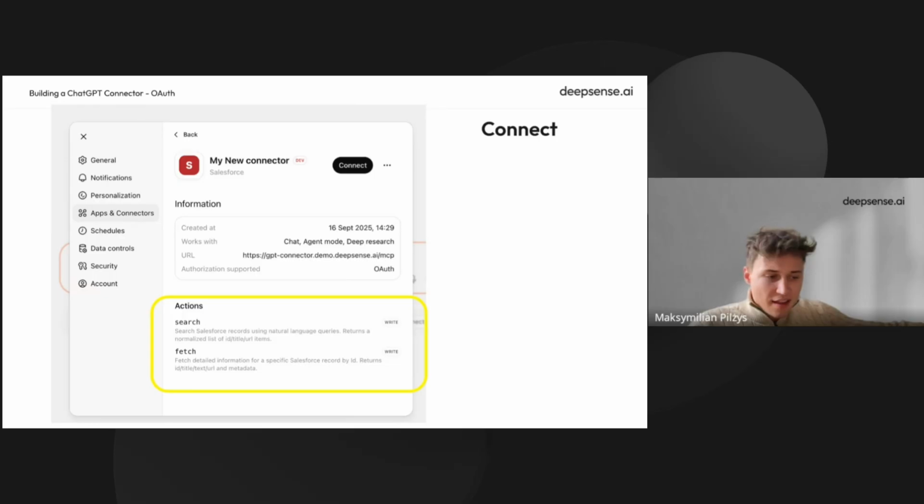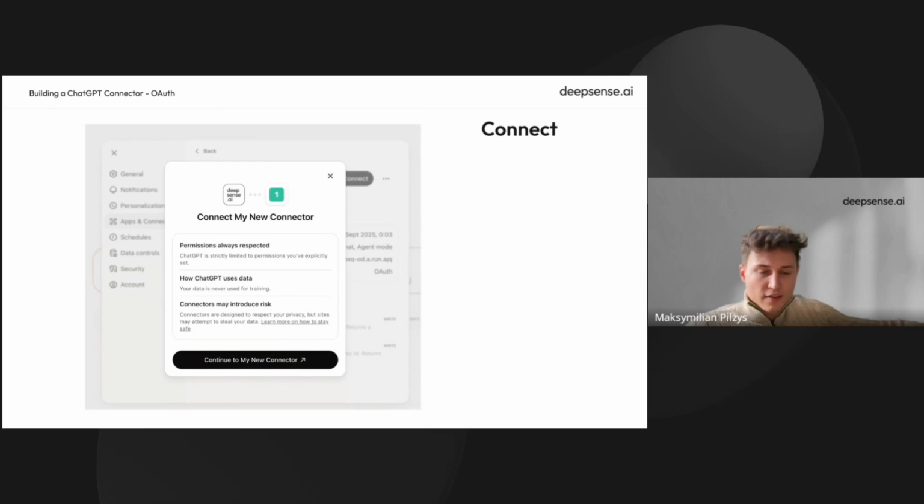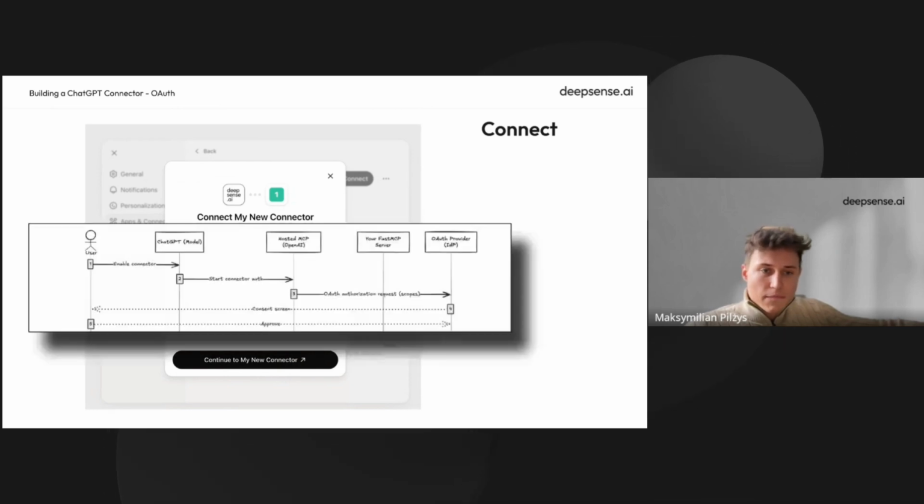So that means we are doing good, and the tools that we implemented have proper annotations and proper schema. So we go on, we try to connect,